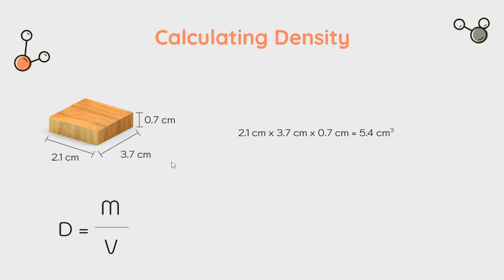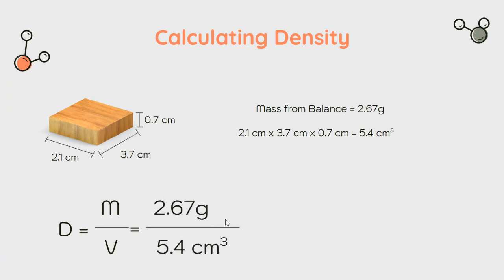So if I go back to my balsa wood example, if I measured this balsa wood and got a volume of 5.4 centimeters cubed, and let's say I put it on a balance and it was 2.67 grams, I could just plug those into my density equation, 2.67 grams over 5.4 centimeters cubed. I could do that division, getting 0.494 grams per centimeter cubed. Notice the units from the second step match the units in the third step. And we want to be careful about significant figures. Since our volume only has two significant figures and our mass has three, our answer should really be limited to